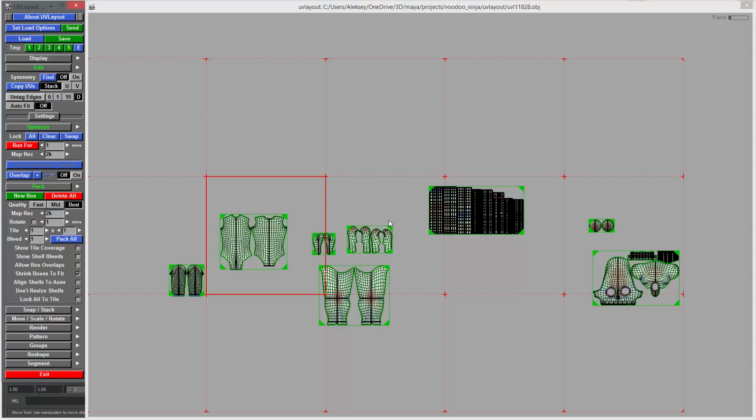way, if you're not sure what the numbers are, just think of UV. U is horizontal, V is vertical. So it's asking you tile 1 by 1 means 1 horizontal, 1 vertical. So if you set this to, let's say, 3 1, that means it will use 3 horizontal tiles and 1 vertical tile. So if I click pack all,